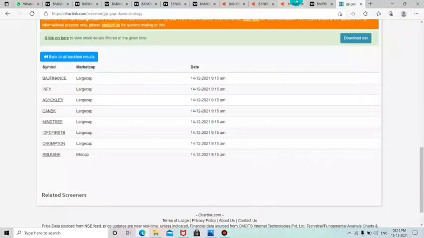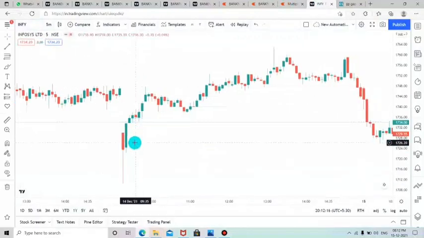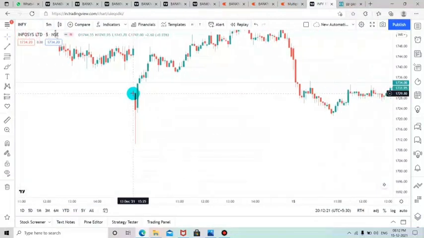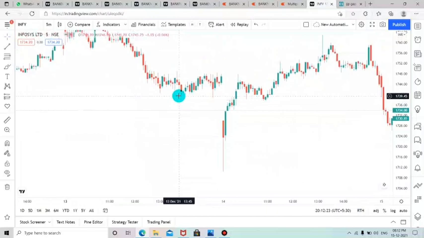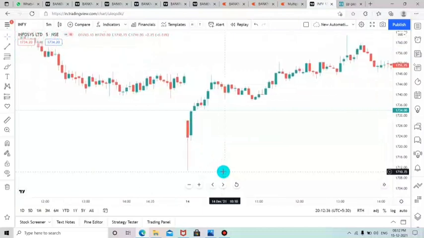So let us see the next entry. Infy has not satisfied the condition, though the previous day's low has been broken and the gap down has happened. For this particular stock, we are going to punch the order at the low of the 9:15 candle. But in this stock, the 9:15 candle low has not been reached, so we are not going to enter the stock. So let us see another example.